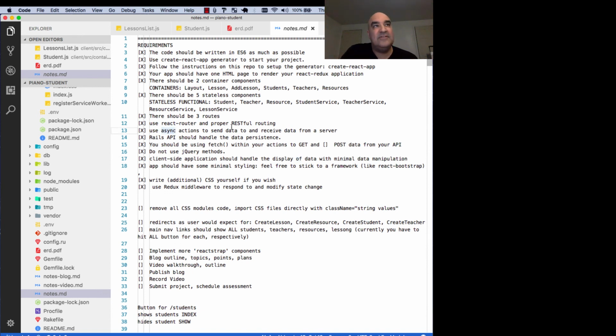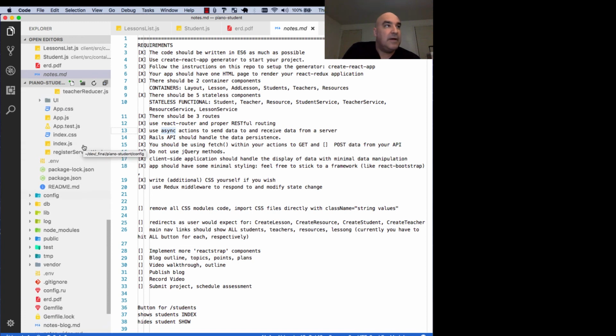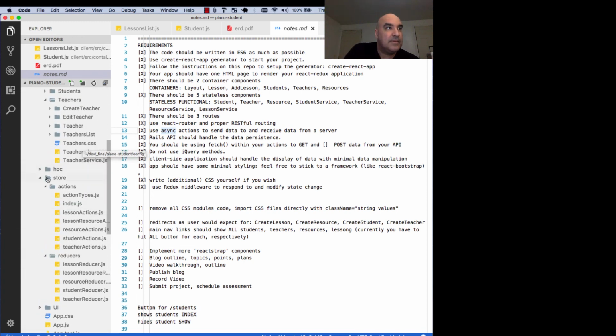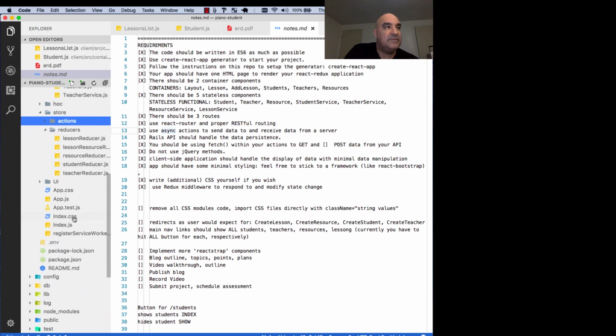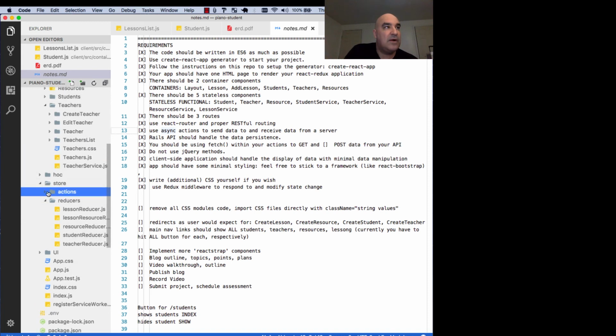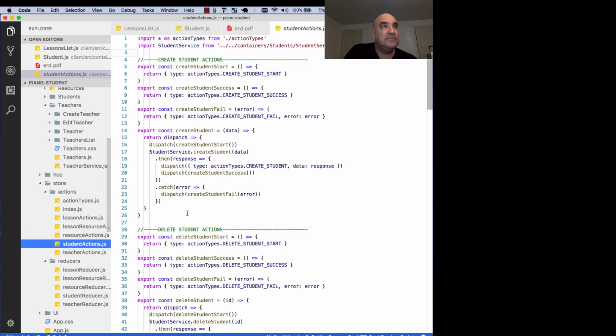Use async actions to send data to and from the server. That's happening over here in React. The best way to see it here is in the store, these actions. Here's the student actions. You know that librarian thing we were talking about? Essentially what we're saying is,